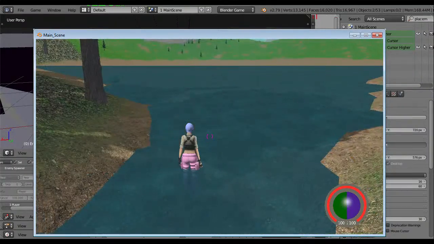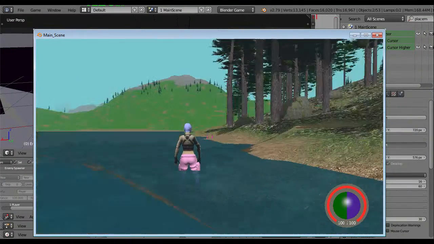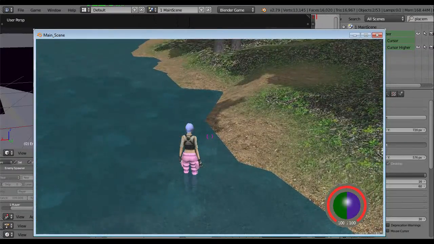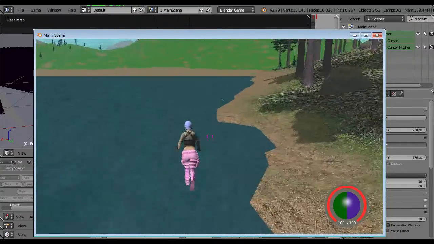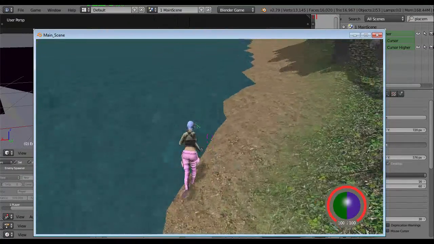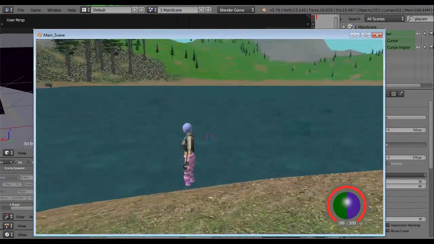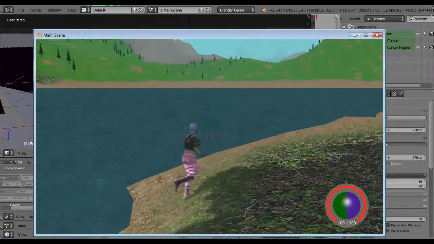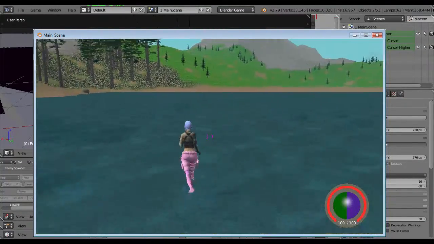Not bad. I think the transparency was good. So it's not very clean water, but still I can see through it. I can see the bottom of the river and the lake. It's supposed to be nothing. There's some kind of mist, maybe. I think the mist is supposed to work in there. I'm not sure. Oh, whatever.